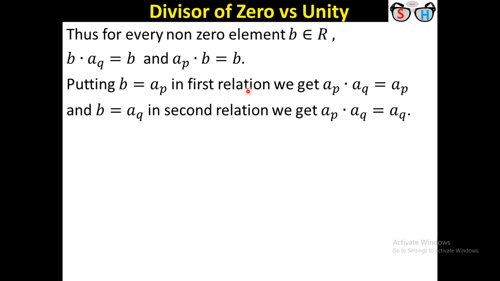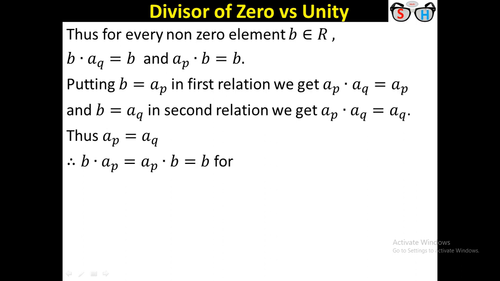Here FE and AQ are non-zero elements, because when I take the product FE·A1 it was A1, so FE was a non-zero element. However, here FE·AQ equal to FE, and here FE·AQ equal to AQ. So FE and AQ are equal. And then from the above relations, since AQ and AP are equal, we can write B·FE equal to B and AP·B equal to B. That is, AP·B equal to B·FE equal to B.